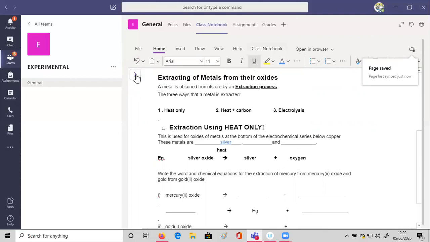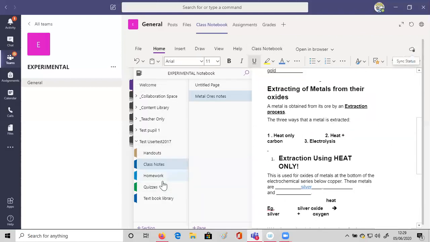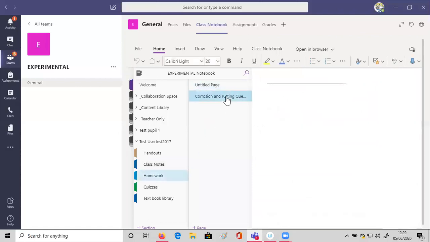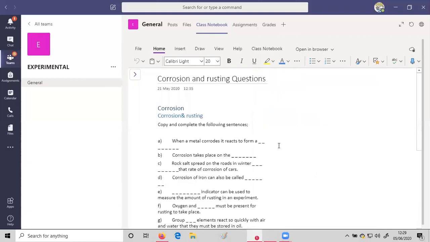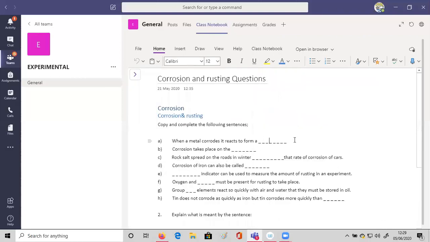Now, homework is another section. And likely your assignment work will be linked to one of those sections. So again, you could add your answers by just simply typing. Now, you can also add